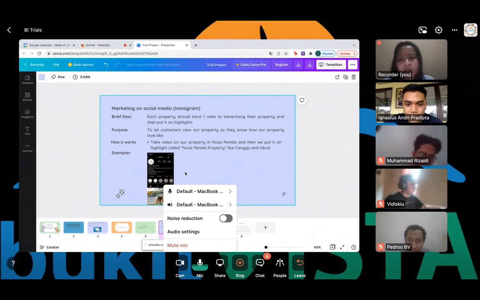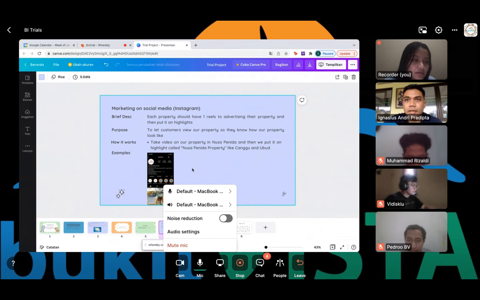Okay. My more fundamental question: why are you choosing this topic? Because I think property in Nusa Penida can be profitable, and also we have more than 30 properties in Nusa Penida, so we have to maximize it. Okay. Why do you think it's profitable